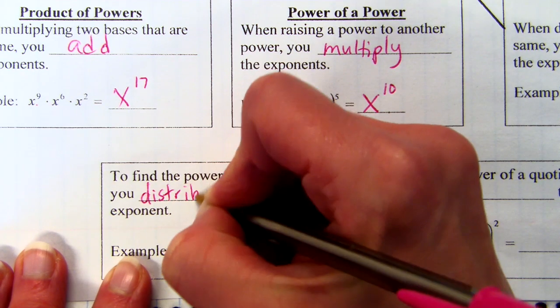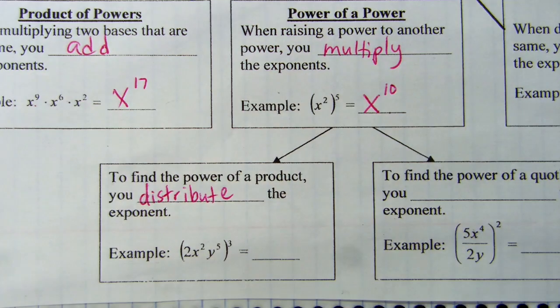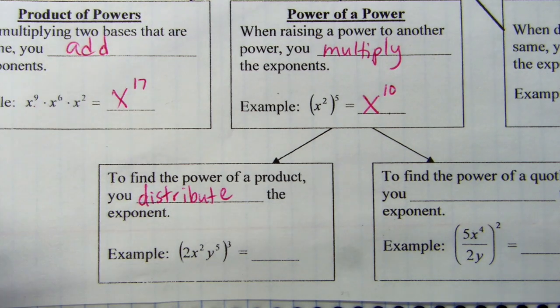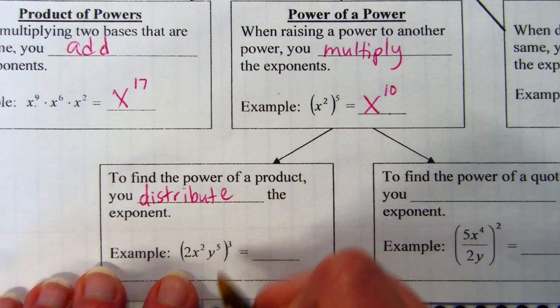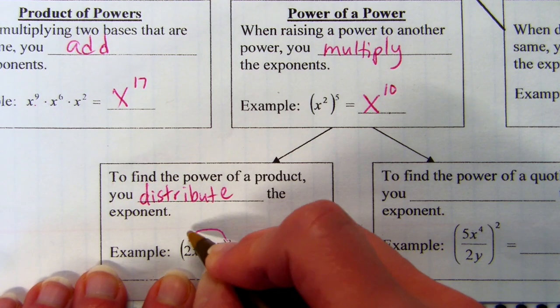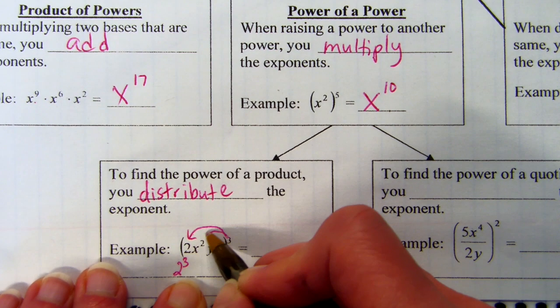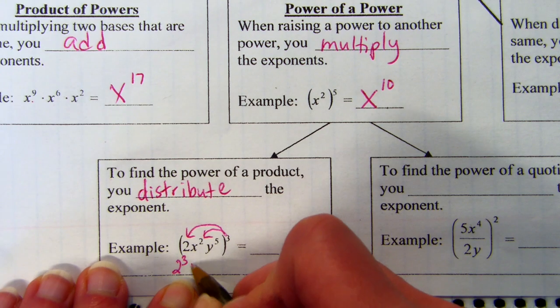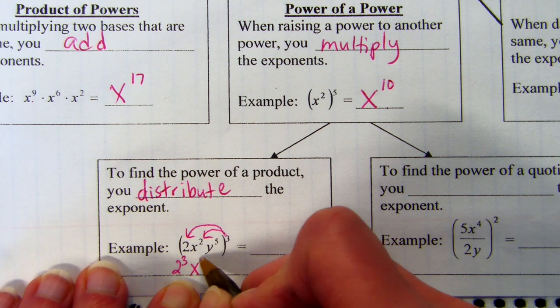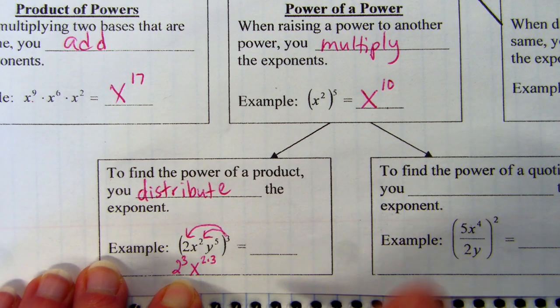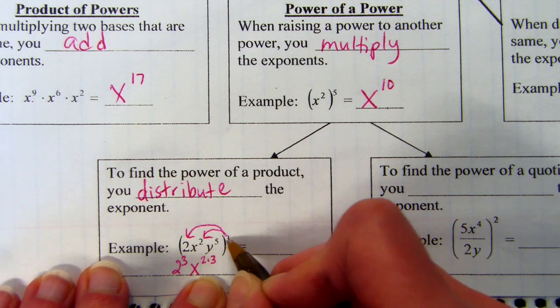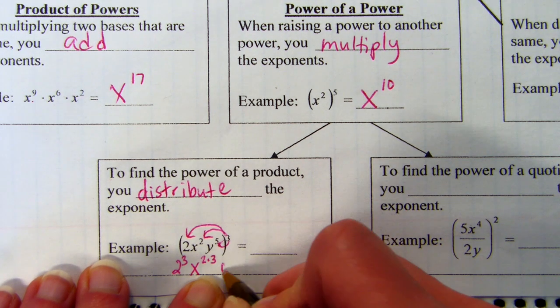And I got that out of a textbook, but I don't know if you should actually call it distribute, but it makes sense. The exponent. So what that means is I'm going to take this 3 to the 2, and I'm going to have 2 to the third. I'm going to take this 3 to the 2, and I'm going to have x to the 2 times 3, which I'll make 6 here in a minute. And then I'm going to take it and distribute it to the 5,